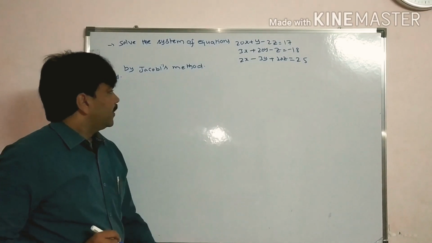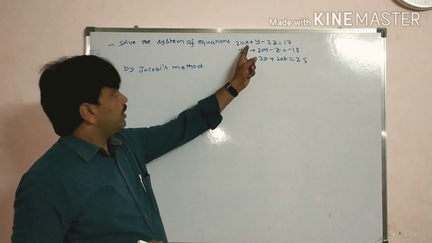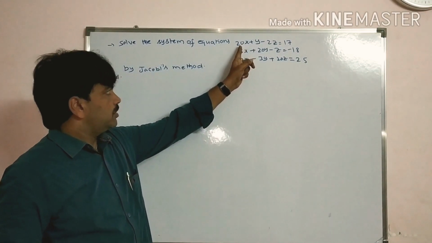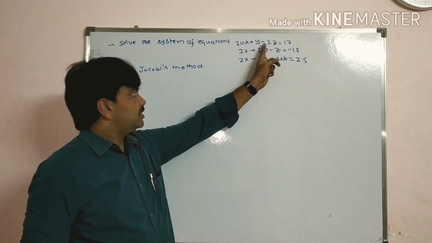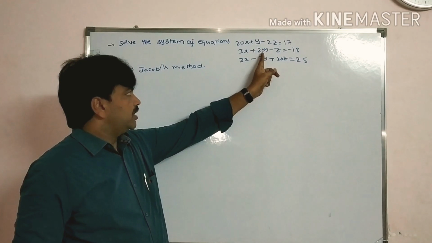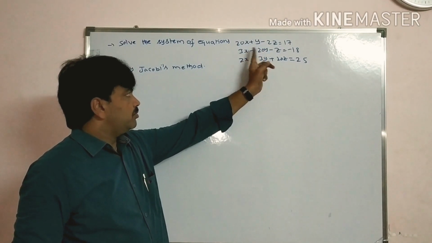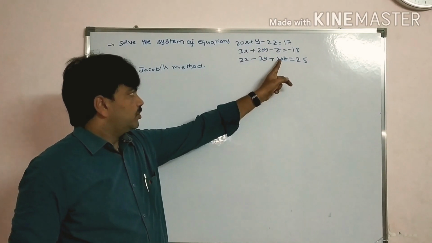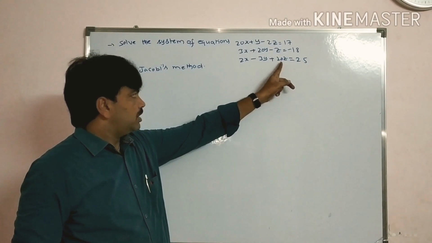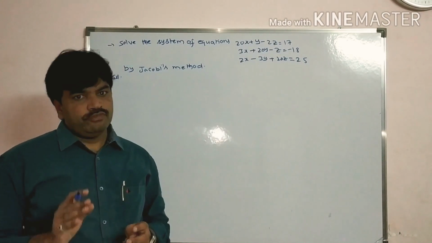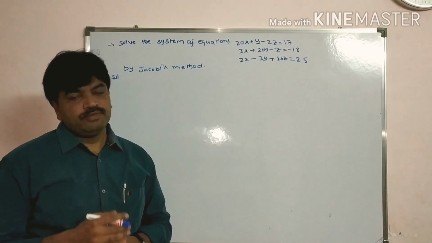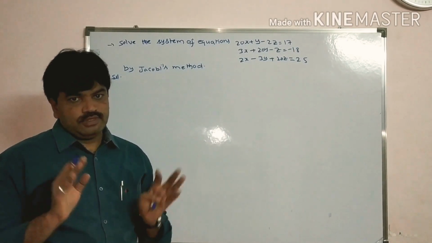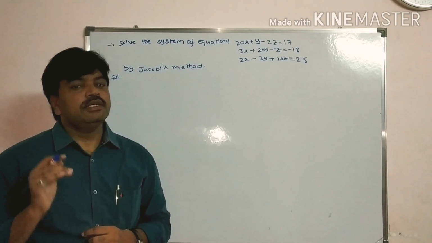See students, now we compare the equations. Compare the first equation. See, 20 is largest as compared to other elements. In the second equation, the y coefficient is largest as compared to other coefficients. In the third equation, the z coefficient is largest as compared to other coefficients. The first condition is satisfied. Now what is the second condition? Second step, rearrange the terms.